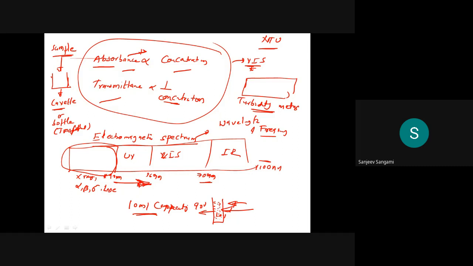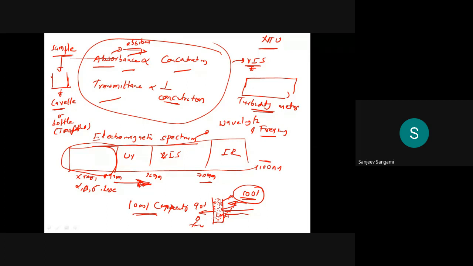Sometimes what will happen is that if particles are more, assume heavy particles are there, 100% absorption is going to happen, then there is zero transmittance, because whichever light is coming from this direction is 100% absorbed by all the particles. That normally we can call absorbance. Now you might have understood the concept of absorbance.